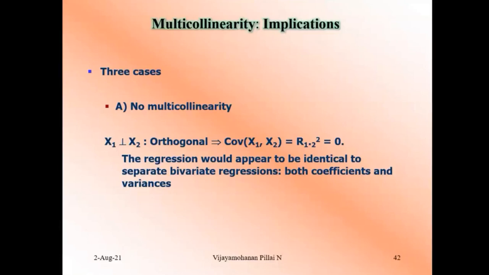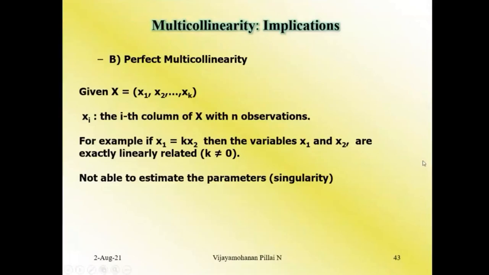In that particular case, remember, if we go for a multiple regression, the multiple regression coefficients will be the same as the coefficients from a bivariate regression. That is the case. So the next case is the other extreme, that is the perfect multicollinearity case. So this is the singularity problem. In this case,